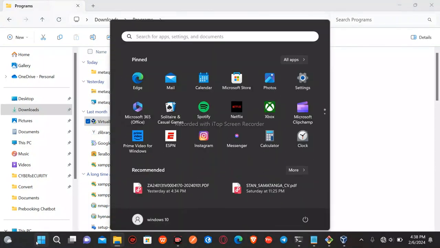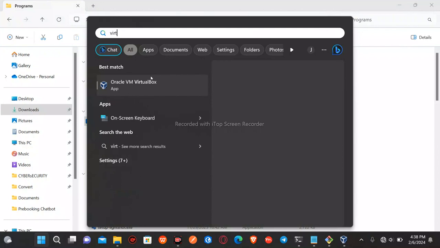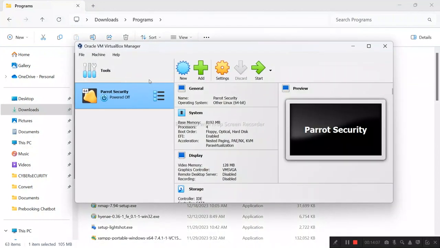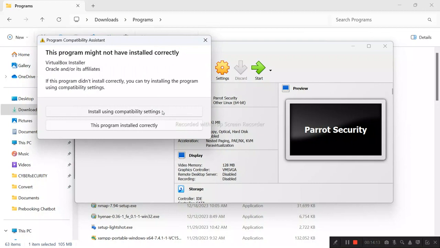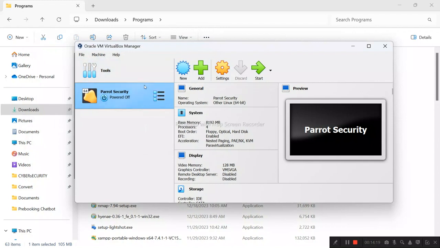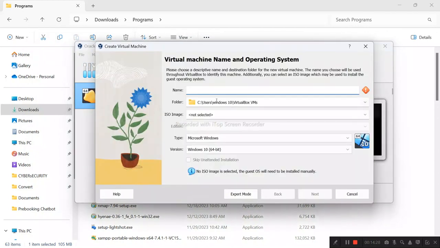just type in VirtualBox, and then if you click on this, it will open the interface of VirtualBox. You won't see anything from here. That's the thing. So what I want you to do, there's this new button, click on new, and then I